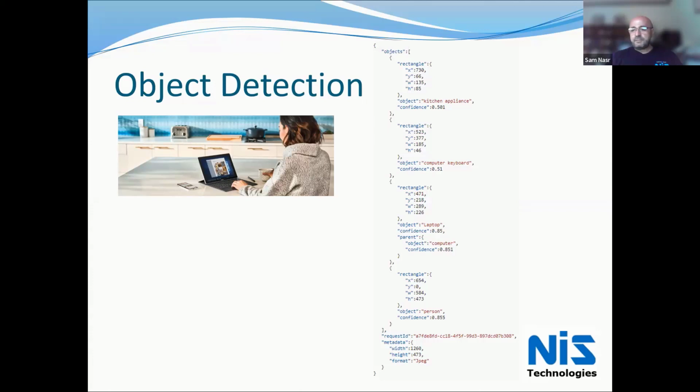But if you have a specialty part, let's say an electrical transformer or a key component, not only do you need to take pictures of that part, but you also need to take it from different angles, and if it comes in different sizes or different colors, then you need to train it on all those different varieties.